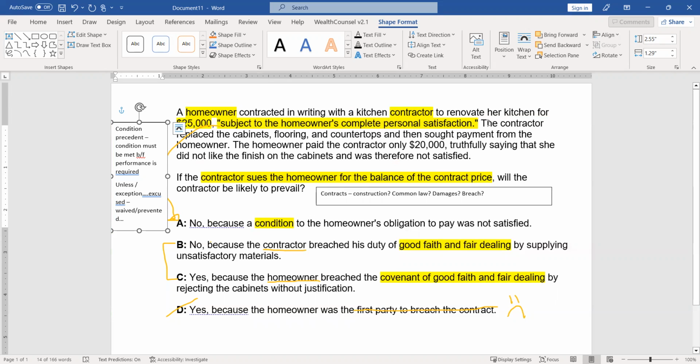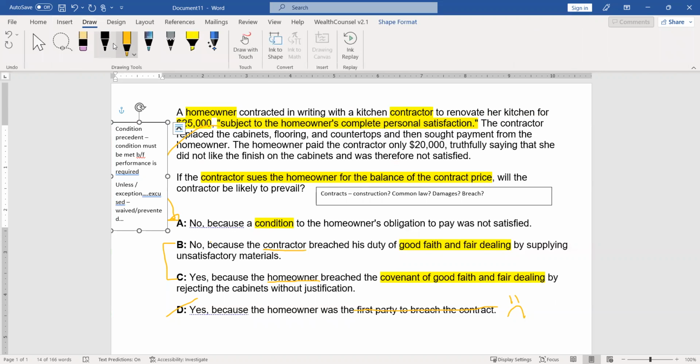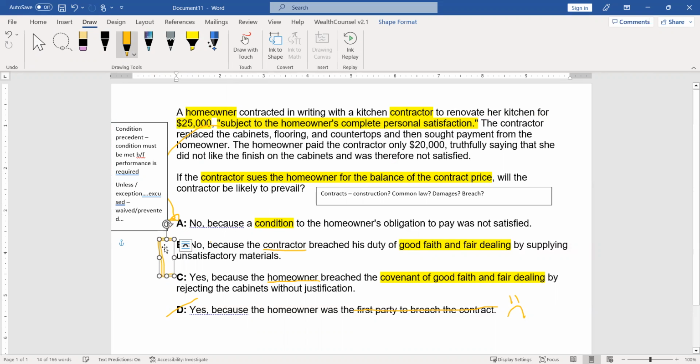In any case, the contractor replaced the cabinets. So the contractor performed and then is asking for money. Here, when it says he replaced the cabinets, there's no indication that he did anything in bad faith,